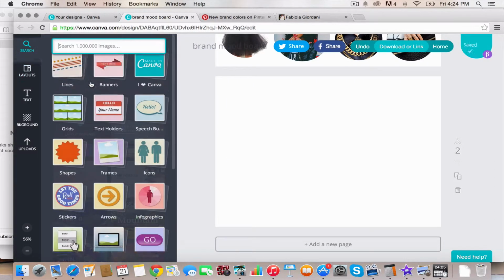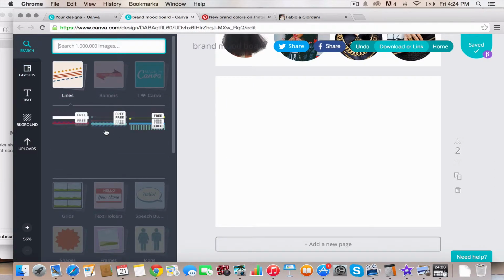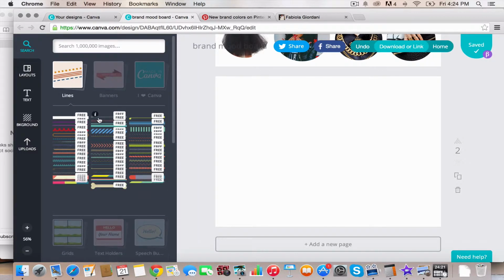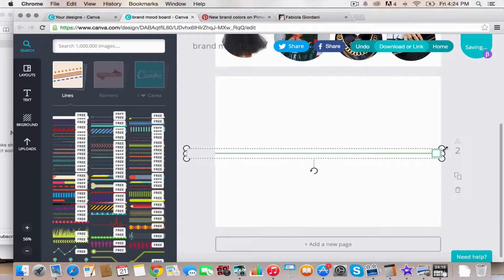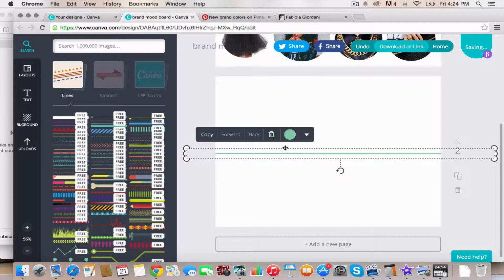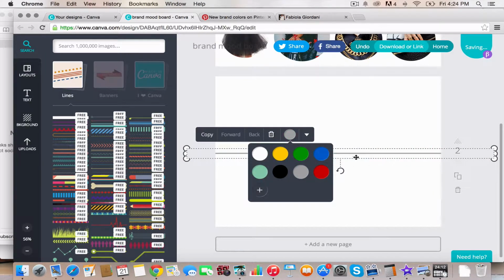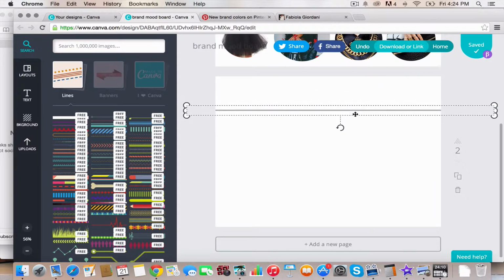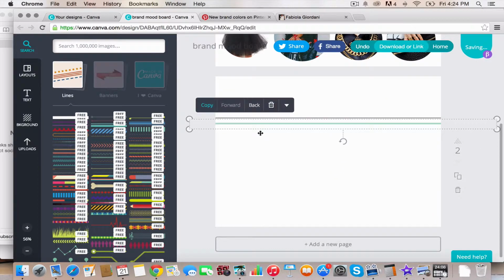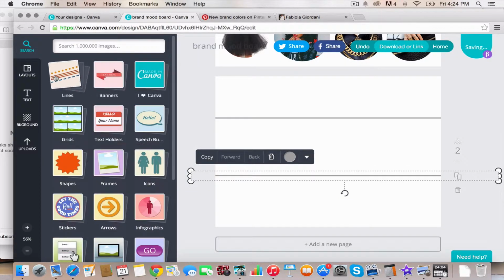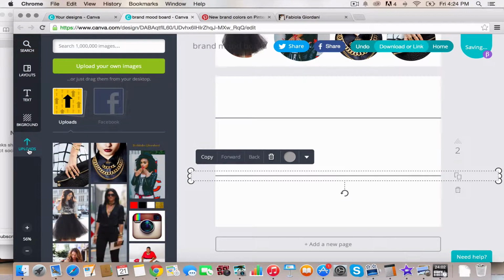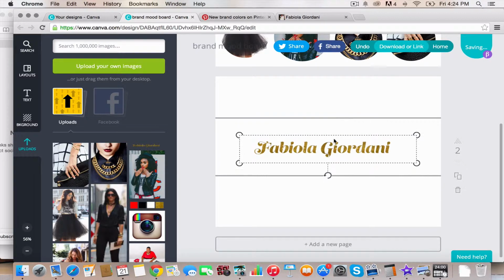What I decided to do was just add some lines. You can pick any lines you want here, and I just stretched it out. Technically, I could have just copied what I did here. I just chose the color gray. I moved it up here, and I copied it because I wanted two separate spaces. I already uploaded everything, so I would go to my uploads, and there I would get my logo that